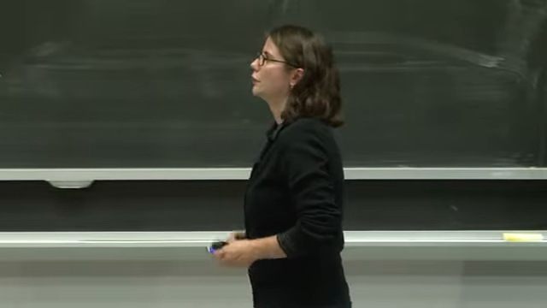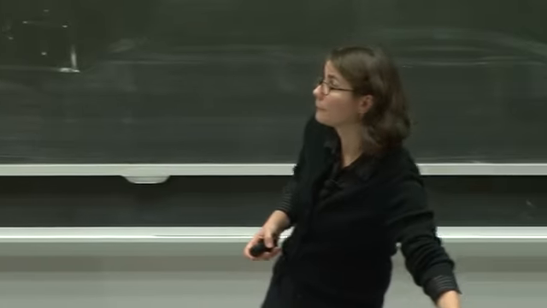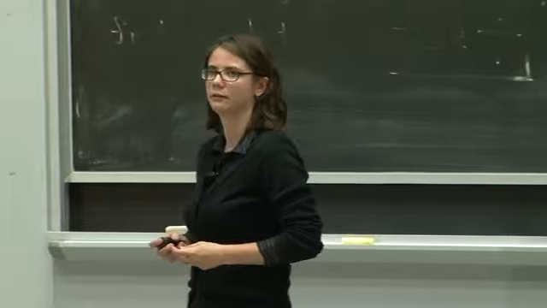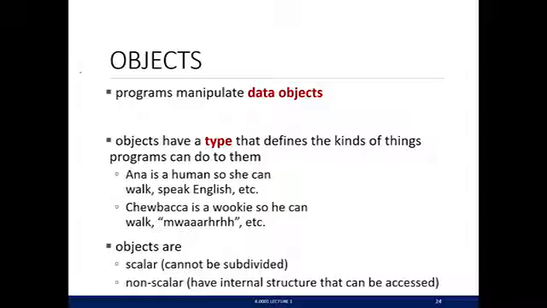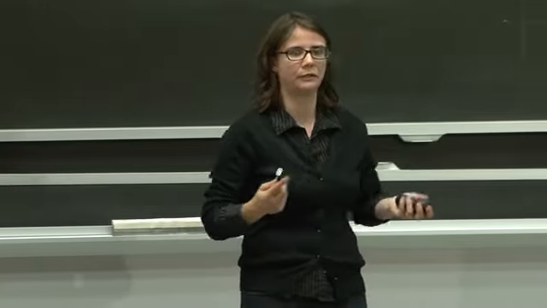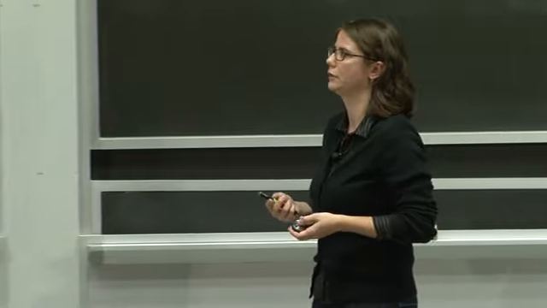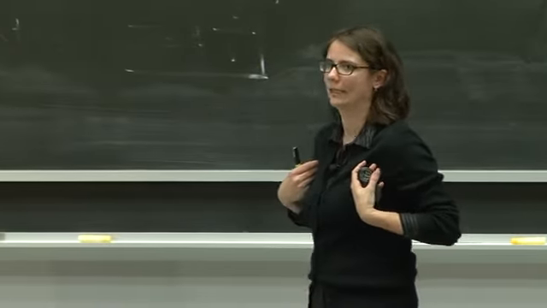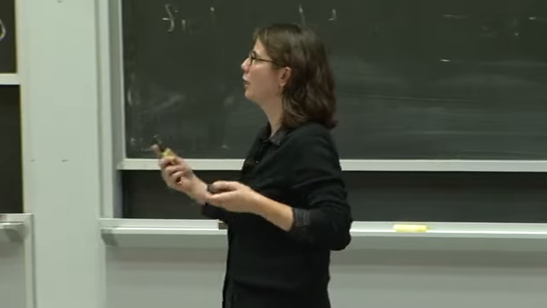Okay. So now we're going to start talking about Python. And in Python, we're going to come back to this, everything is an object. And Python programs manipulate these data objects. All objects in Python are going to have a type. And the type is going to tell Python the kinds of operations that you can do on these objects. So if an object is the number 5, for example, you can add the number to another number, subtract the number, take it to the power of something, and so on. As a more general example, I am a human, so that's my type. And I can walk, speak English, etc.